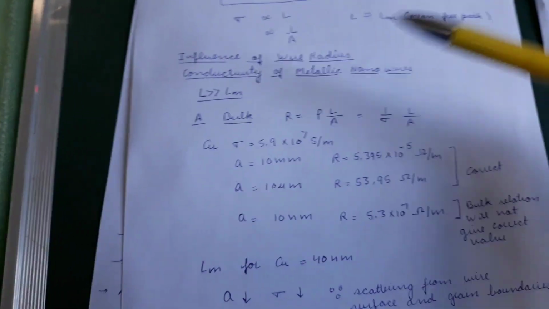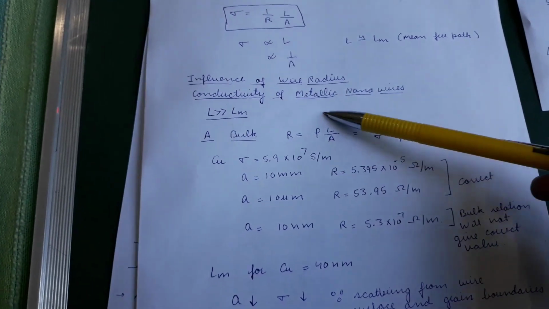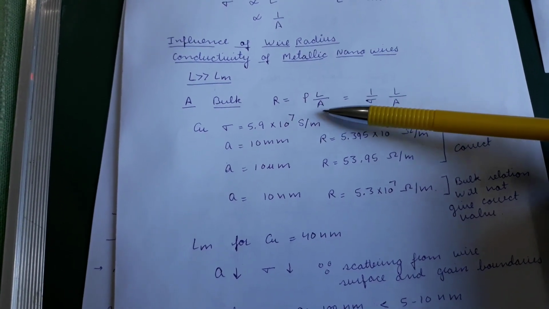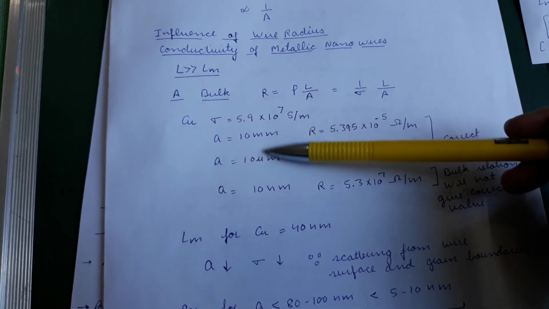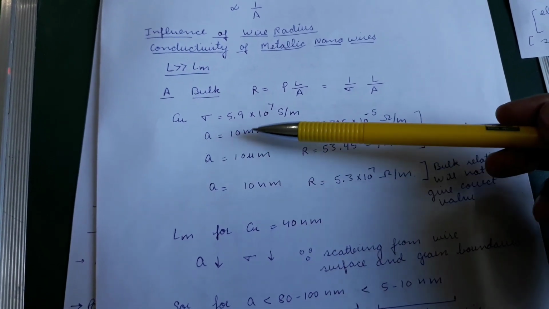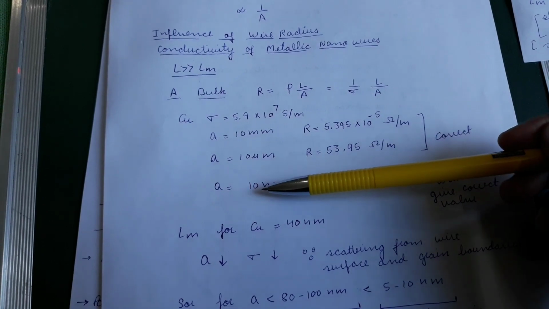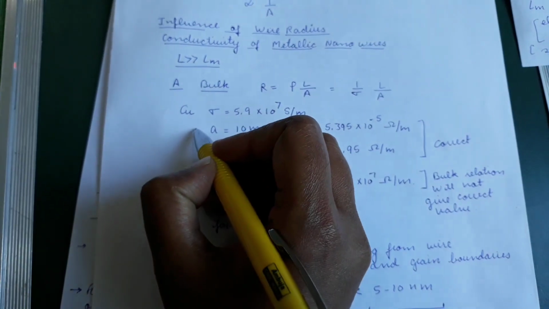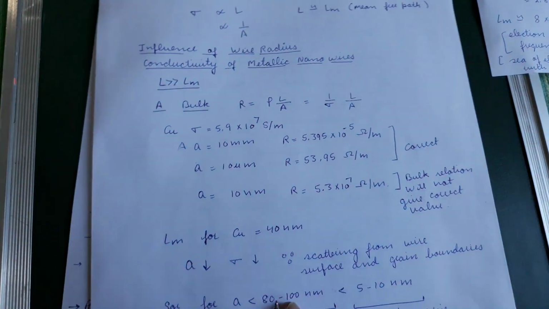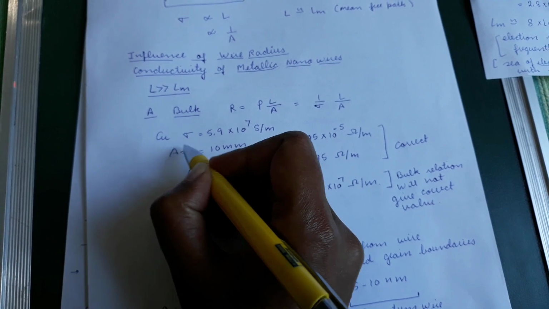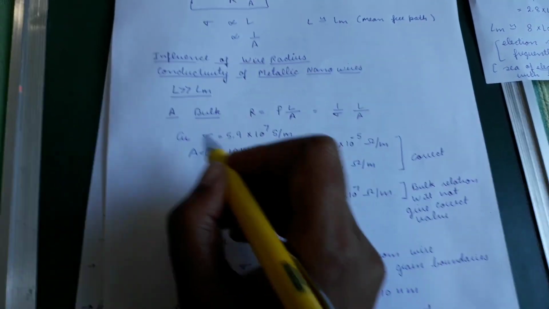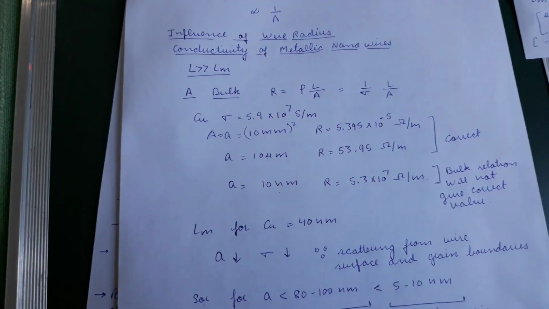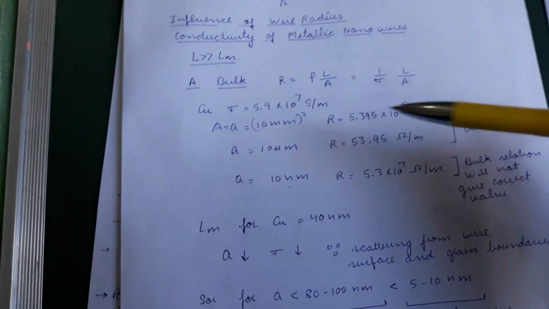So if we use this relation which we have derived for bulk, we see that it depends linearly on length and inversely on area. So as the length of the material, no, this is the cross-sectional area. So this we can write as capital A, or only one length actually. So if you have to talk about area, we'll have to take A squared. So this should be squared, and this also has to be squared, and this also has to be squared. So this is the cross-sectional area, and we use this relation.